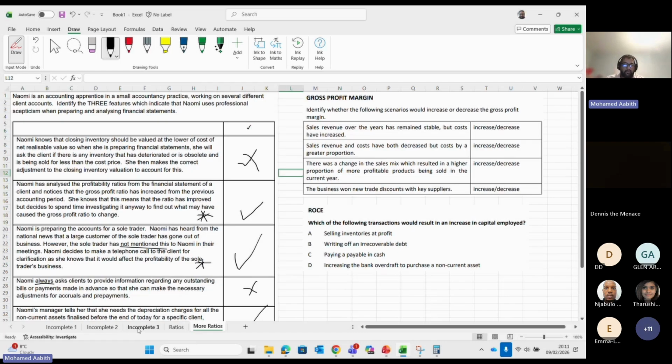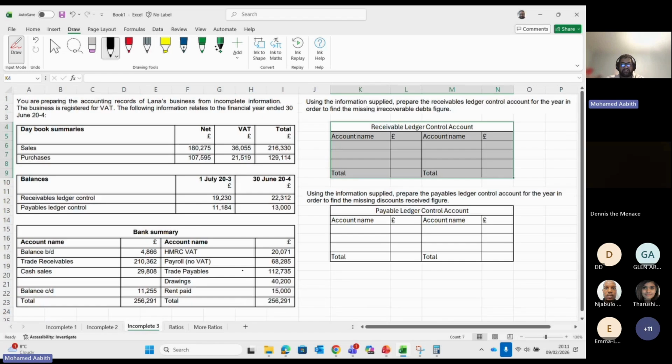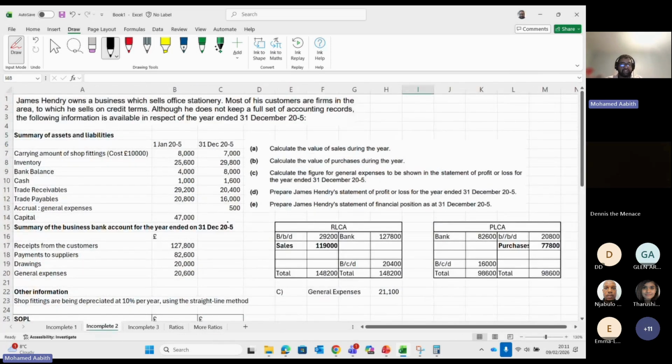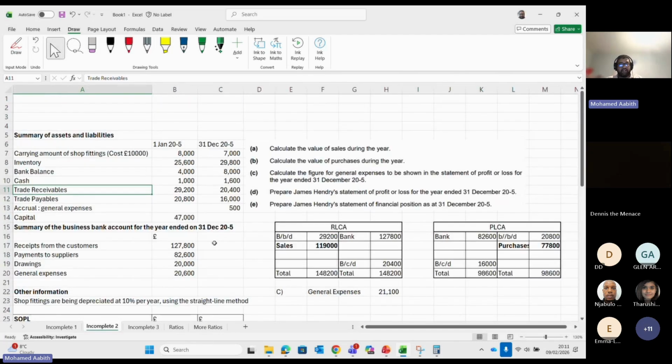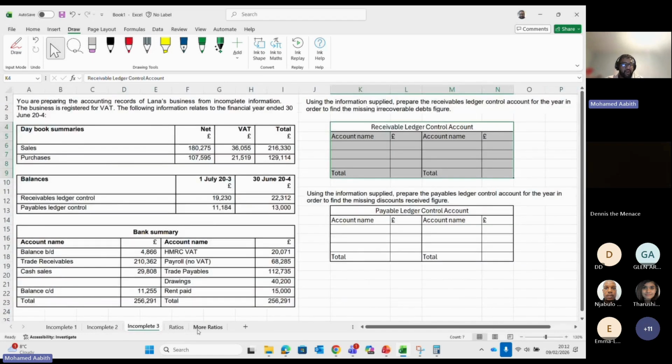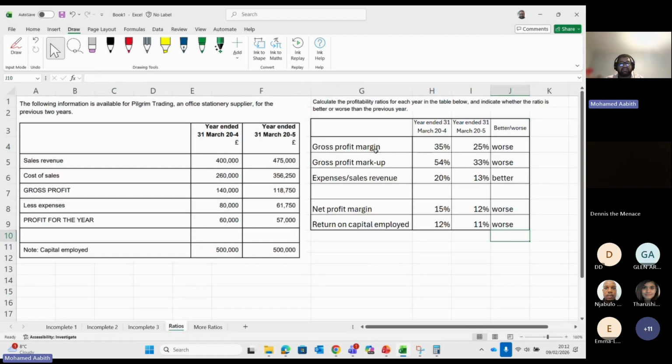Okay, so I'm pretty much done with that, guys. This one I wanted to do, but it's only a small question, so I'm just going to leave it for another time, because we have done this very long question anyway, which covers a lot of things. And of course, when it comes to ratios, this is the important part. You need to make sure you know how to calculate that information. So yeah, let me